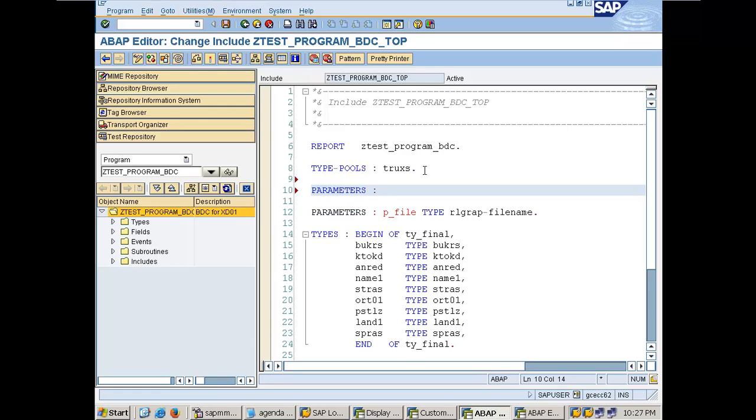Parameters r_1, radio button group, let's say rg1, default x,